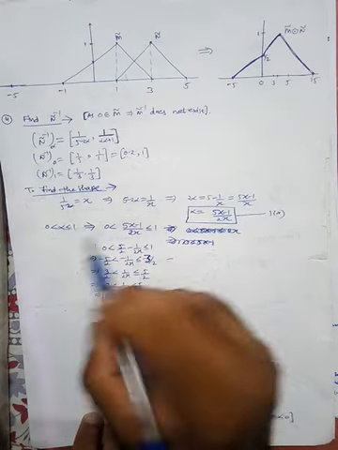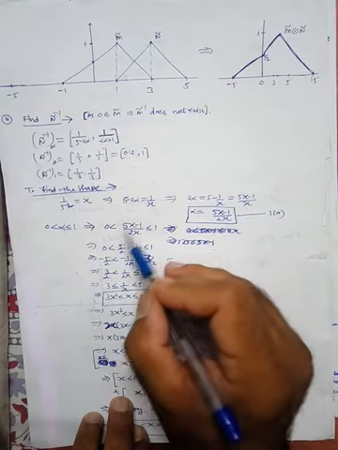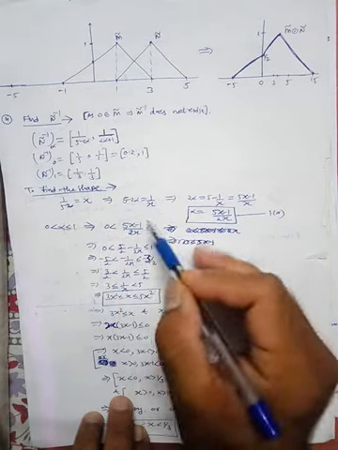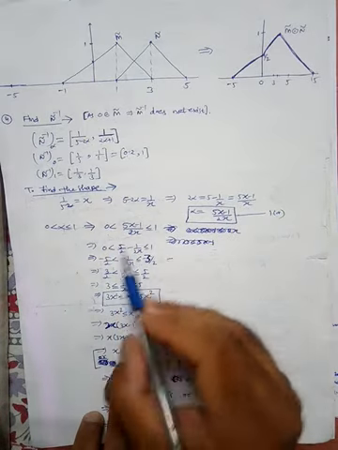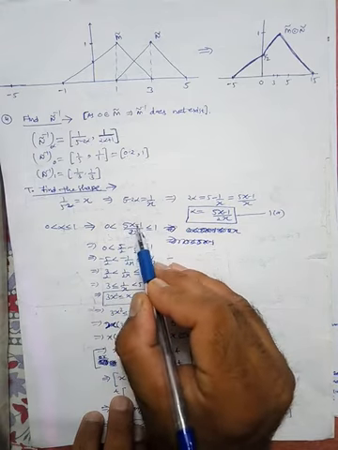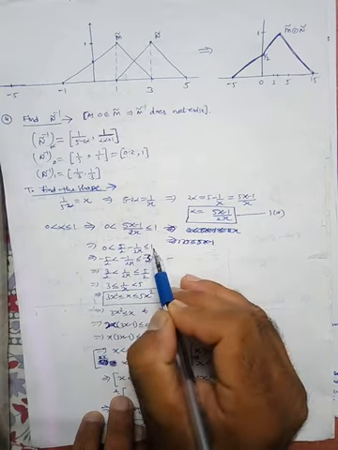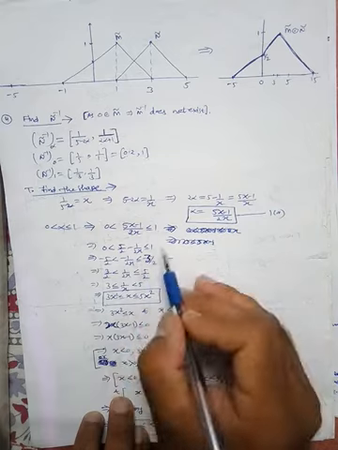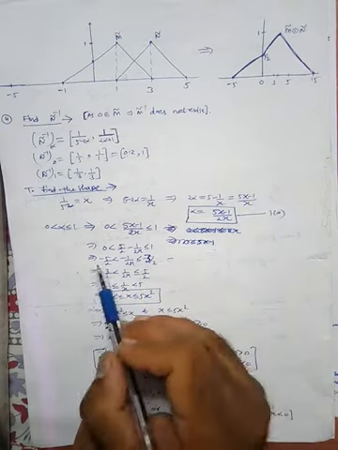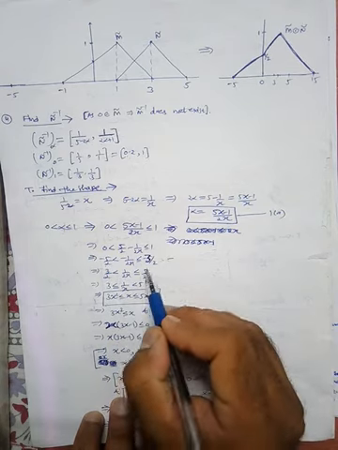Okay. So now put alpha. What is alpha? Alpha is (5x minus 1) by 2x. Put it here. So 0 is less than (5x minus 1) by 2x, which is less than or equal to 1. From here just find the value of x. First we separate this: 5x divided by 2x and minus 1 by 2x. So this is written here: 5 by 2 minus 1 by 2x is less than or equal to 1. Now subtract 5 by 2, so minus 5 by 2 is less than minus 1 by 2x, which is less than or equal to minus 3 by 2. Now multiply by minus sign. So we get 3 by 2 is less than or equal to 1 by 2x, which is less than 5 by 2.